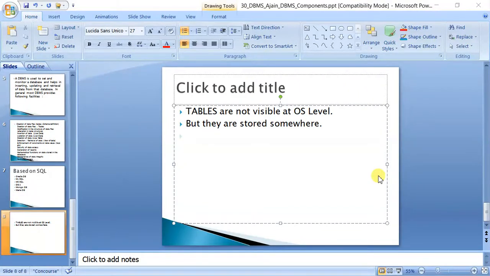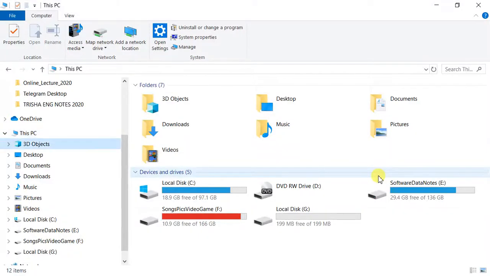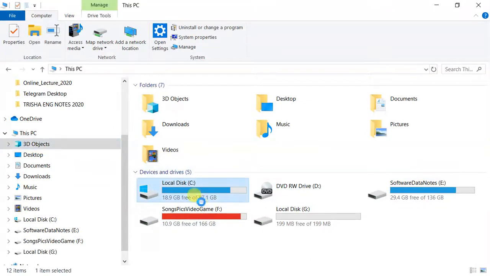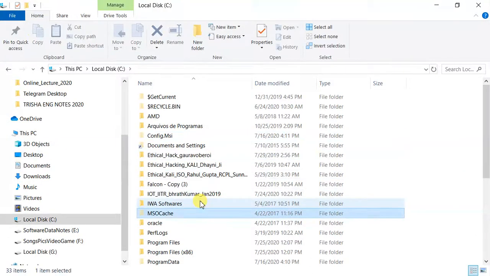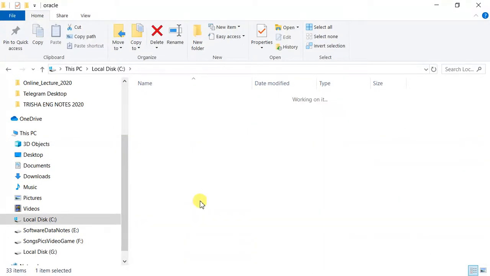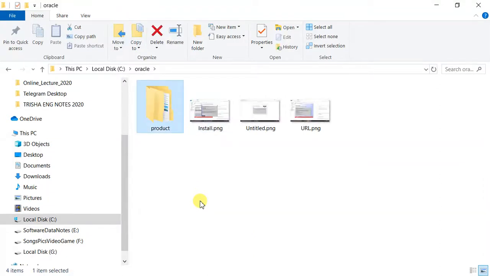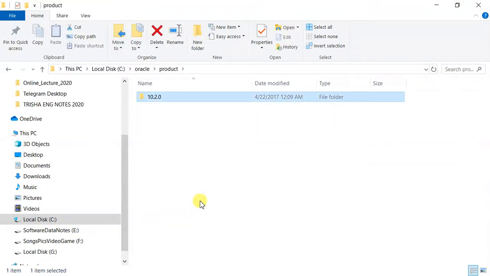Now what is that somewhere? Let me show you. When you install Oracle, it goes into the C drive, into the Oracle folder. In the Oracle folder there is a folder called product. In product you have the 10 version. Since I have installed Oracle 10, it is something like 10.2. In your system it can be a little different if you have installed 11 or something else.